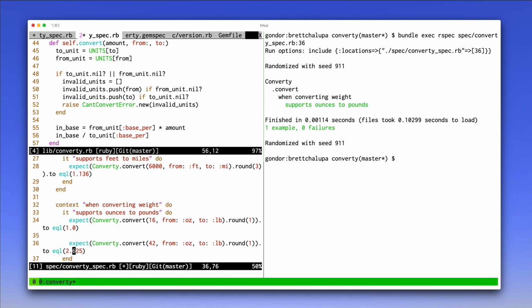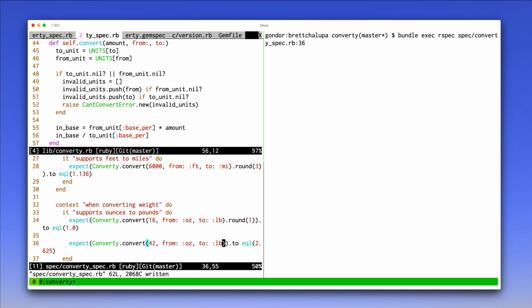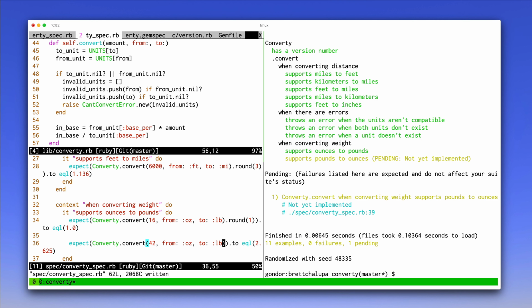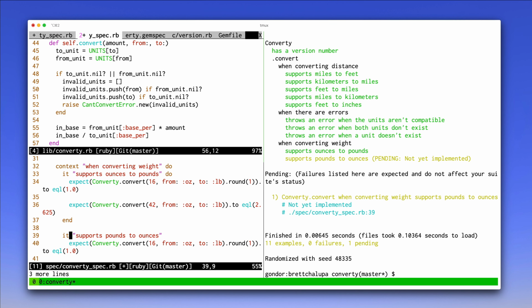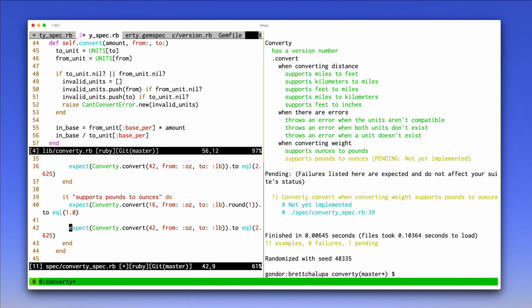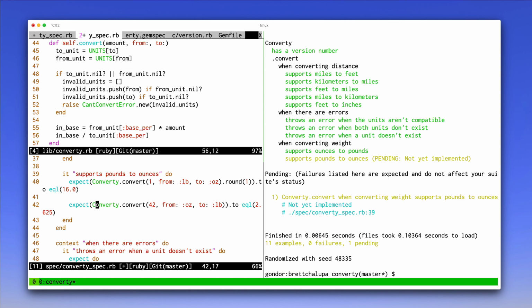So let's get rid of our rounding and verify that that's accurate. Okay, so that passes. Everything still passes. We're working in that direction. Let's make sure it works in the other direction. And let's use the same amounts to make it the same. So if we go from 1 pound, 2 ounce, and we round to 1, I would expect that to be 16. And if we go from